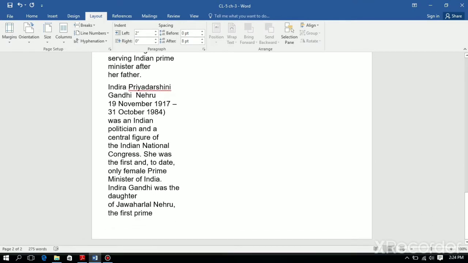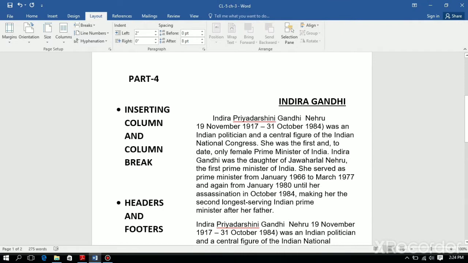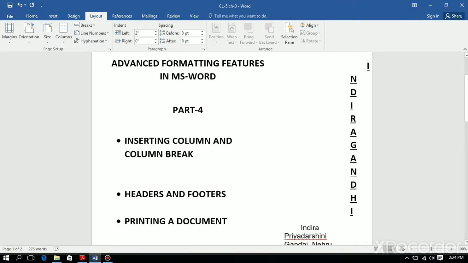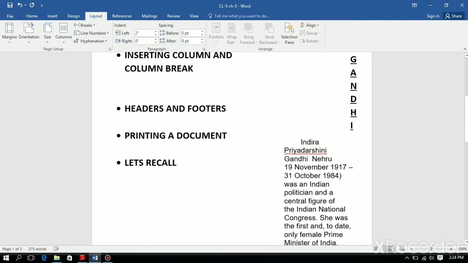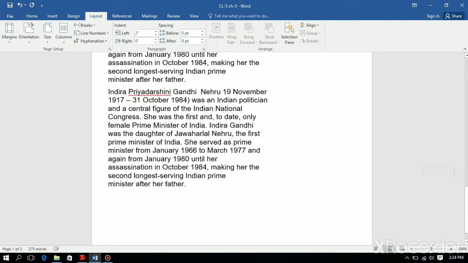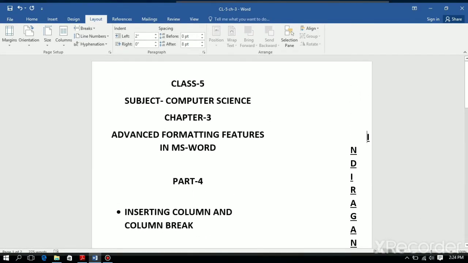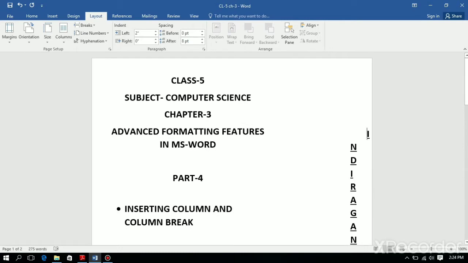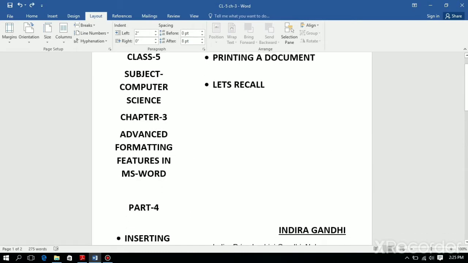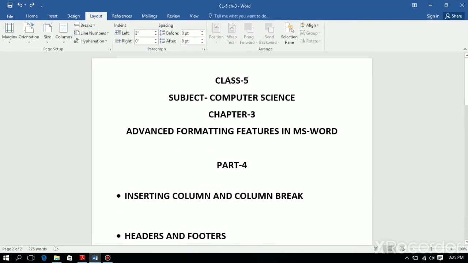So the left side is long and the right side is a small one. Now we want to change it to the right side. See. Again we have to do it.